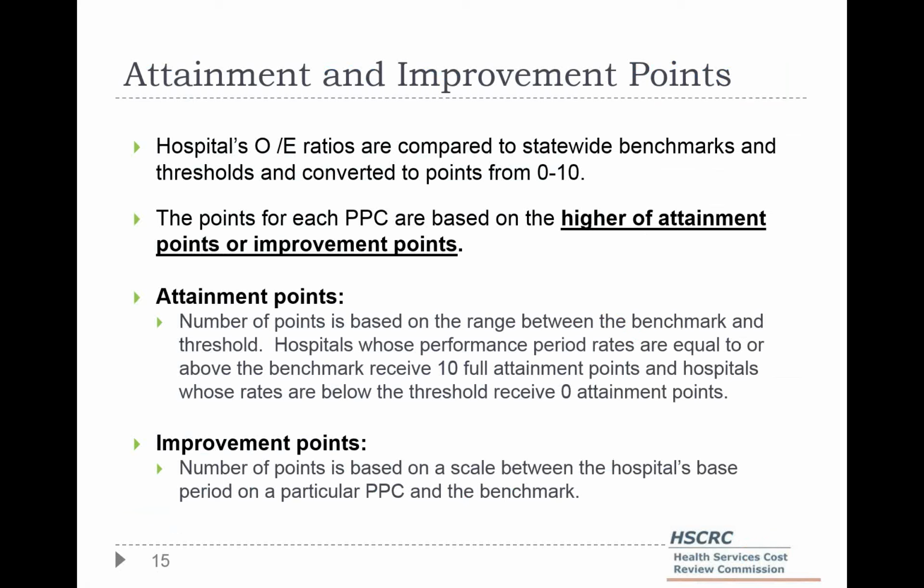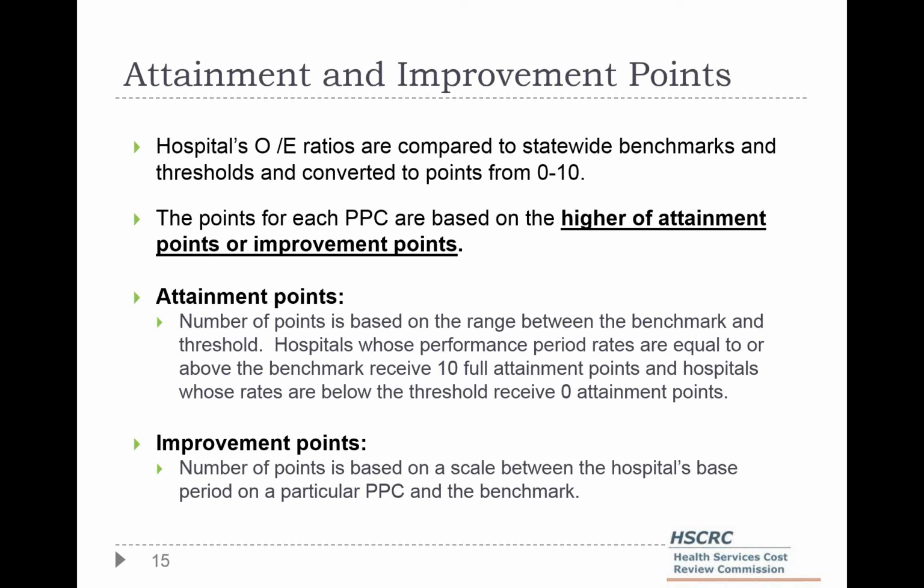So once you know the threshold and benchmark, you can now calculate attainment and improvement points. This is done by comparing a hospital's observed to expected ratio to see whether it is higher or lower than the threshold and benchmark for attainment, or whether it is higher or lower than the previous year's performance for improvement. For each PPC, the maximum number of points that you can get is 10. And as with the QBR program, the final points for each PPC are based on the higher